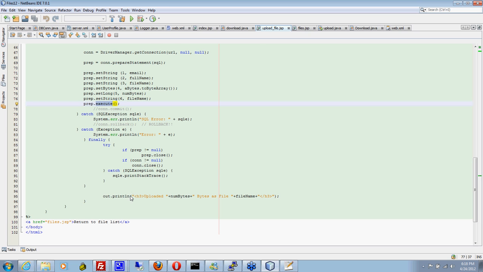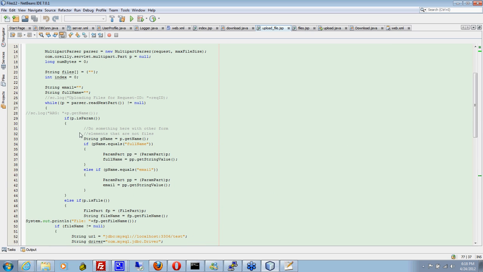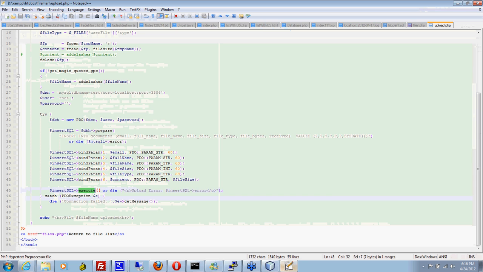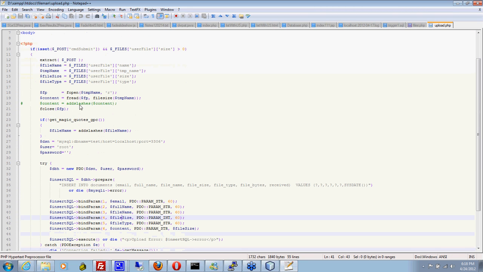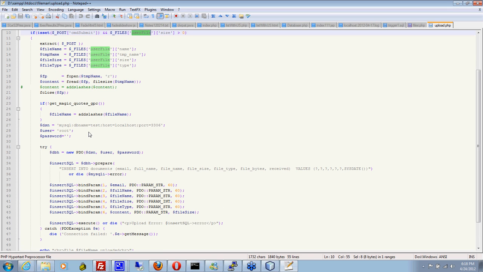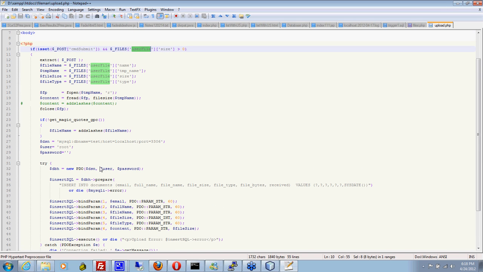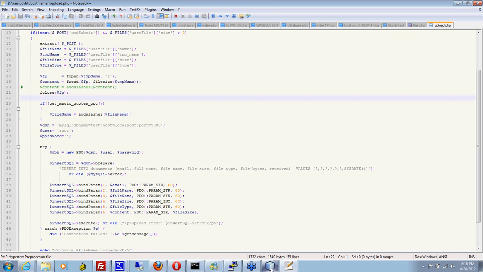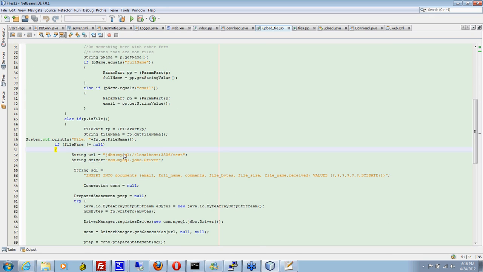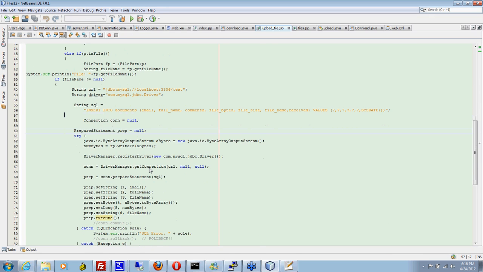Now, one of the reasons that the Java is a lot longer is because it's using a while loop to go through every parameter and check to see if it's a parameter or just a file. In the PHP version, though, we're only assuming one single file. Actually, if the PHP version were assuming multiple files, we'd have to create a loop here. So one of the reasons it's shorter is because it's not as functional. But part of it is also that Java does make you do more stuff, which can be streamlined when you look at that. Okay, the download,